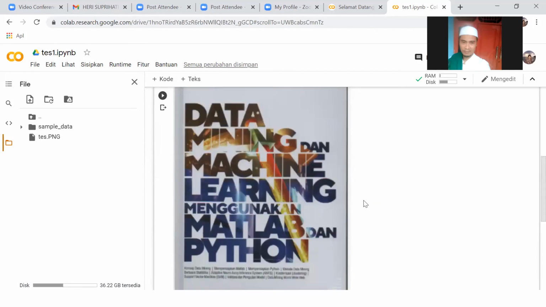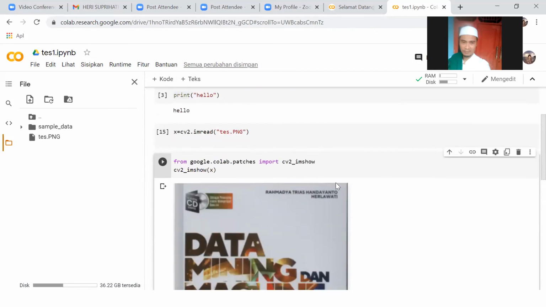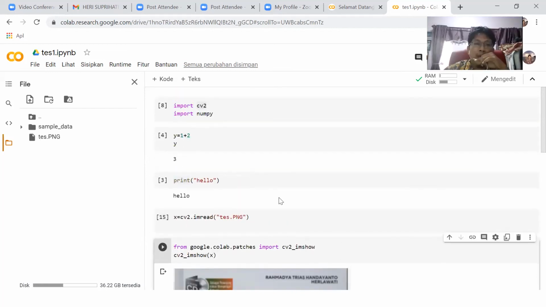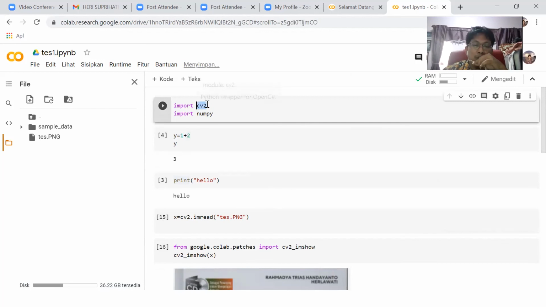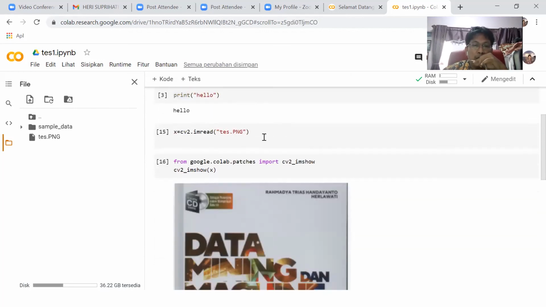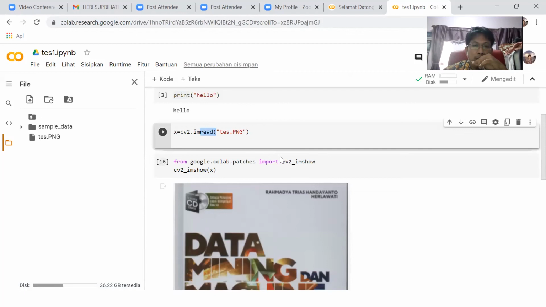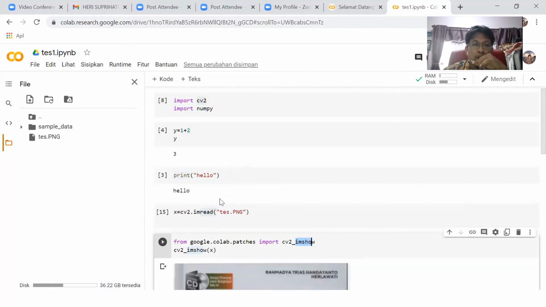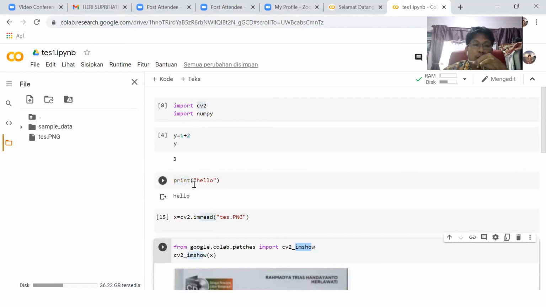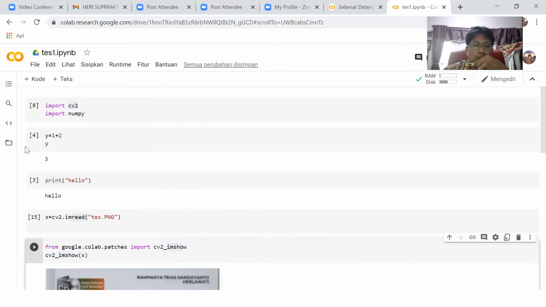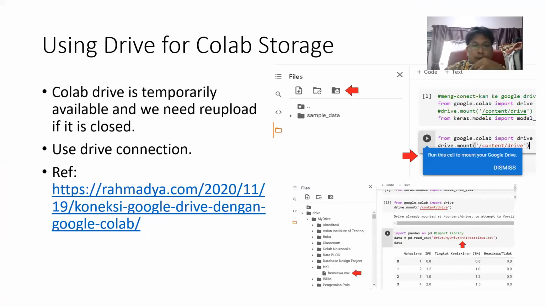Okay, I'm only showing you how to use the library, for example, cv2, to show the facilities imread and imshow, to access the file from Google Colab storage here. We cannot hide here. Next.